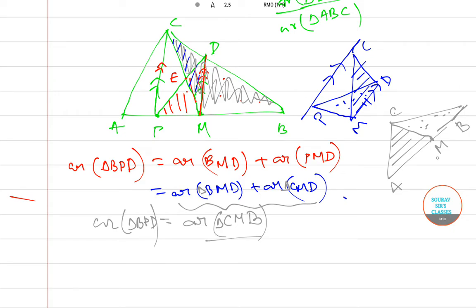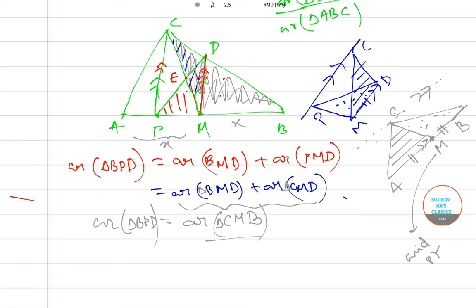Why? Because M is the midpoint. So this equals this. If MB is X, then AM is also X in length. And if I construct a line parallel to this,